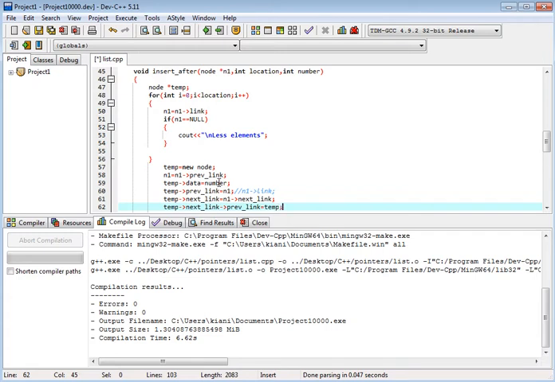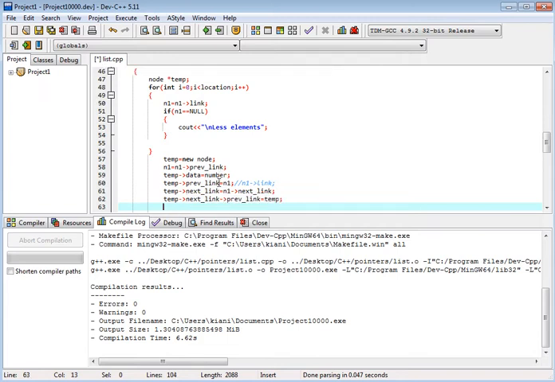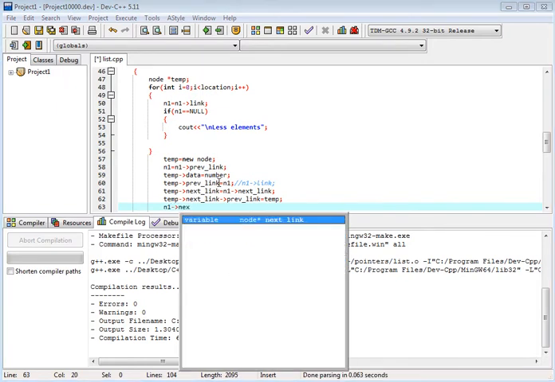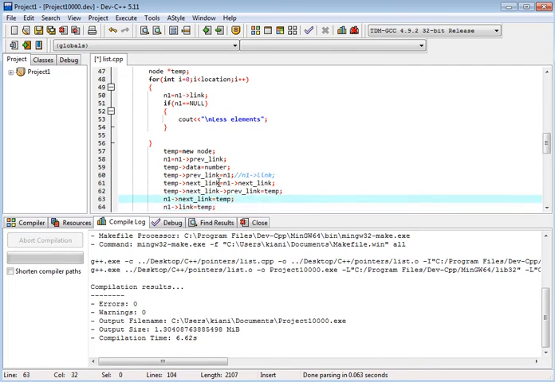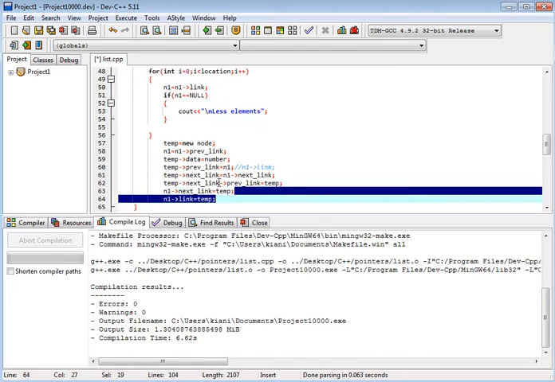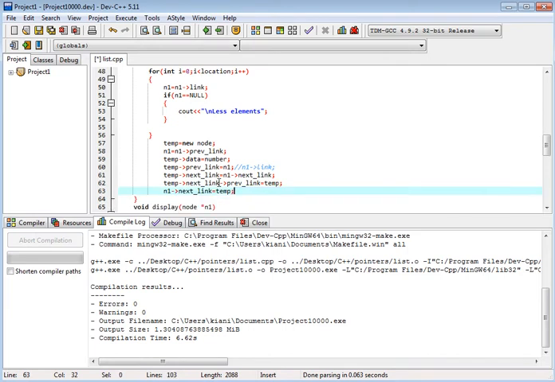Okay, so next link and previous link will be temp, and we have n1 next link is equal to temp. Okay, next link is equal to 10. This is our add after function.